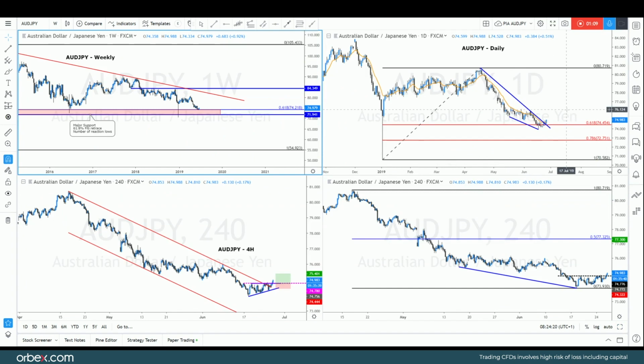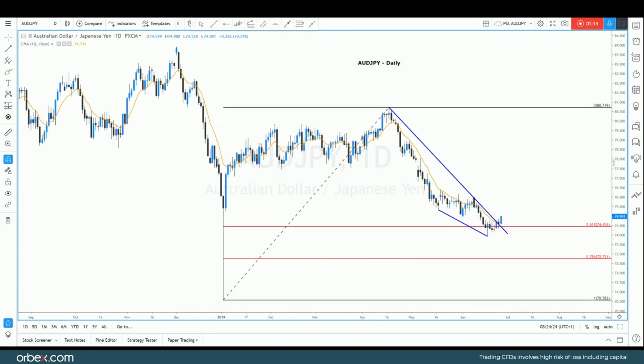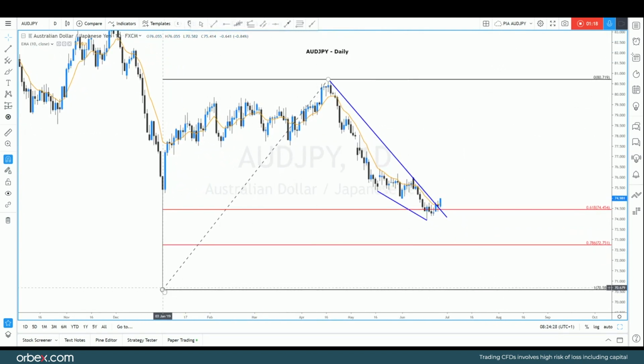Now if we take this to the daily chart and have a look at how that's playing out there. Again, drawing another Fibonacci retracement grid on the chart from the lows here in 2019, the first trading day of the year, to the highs of the 17th of April. We've seen a retracement down to the 61.8% again at 74.45, and we've also seen the break of a wedge